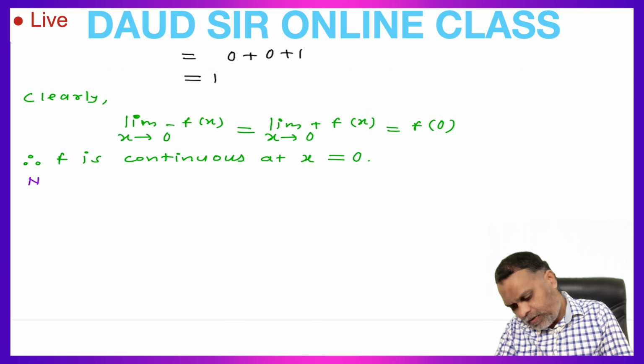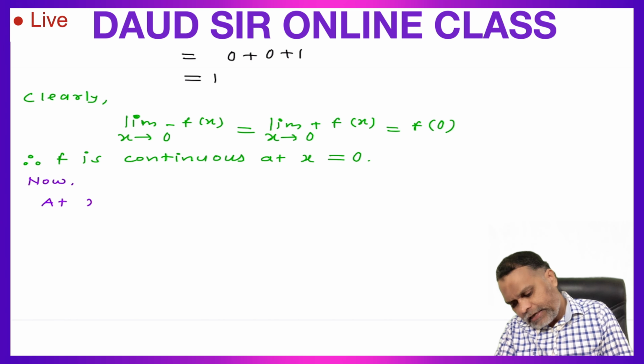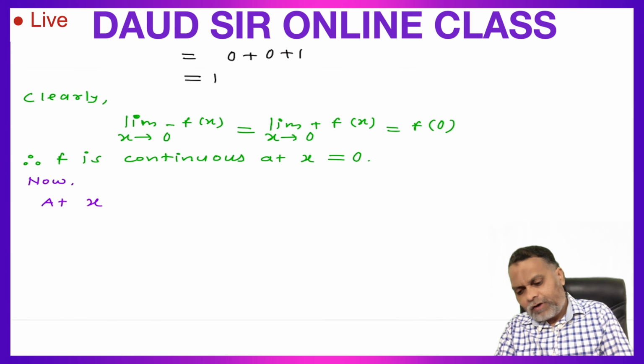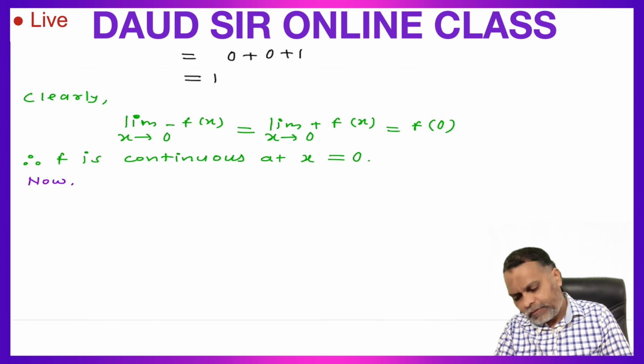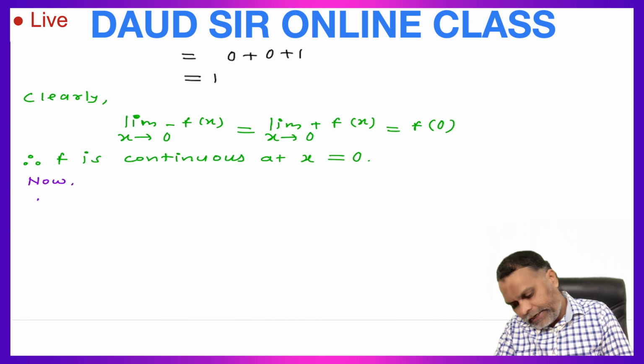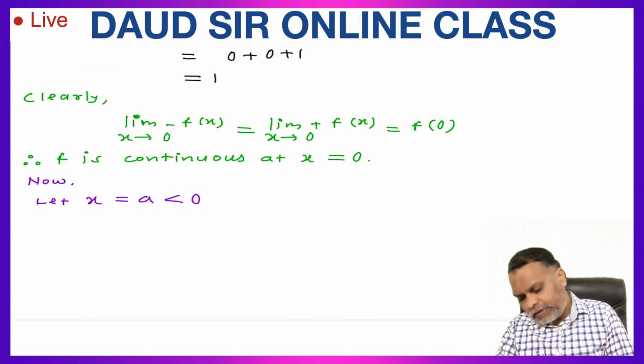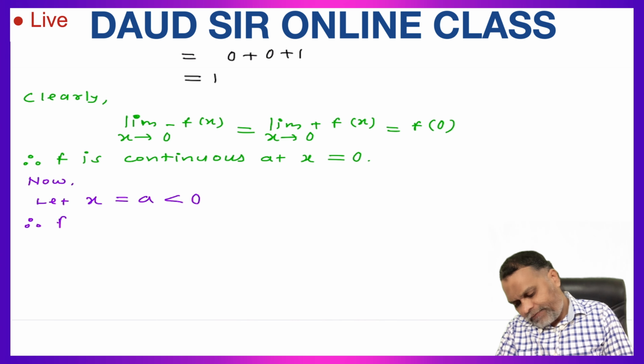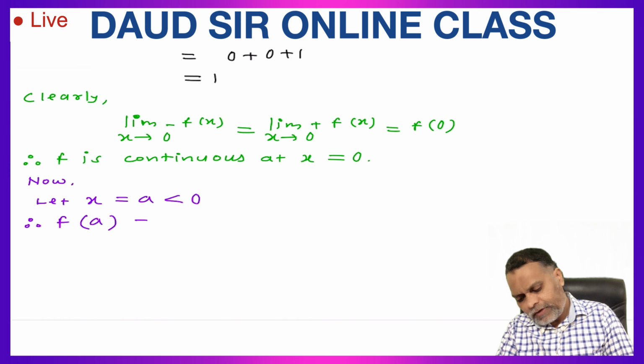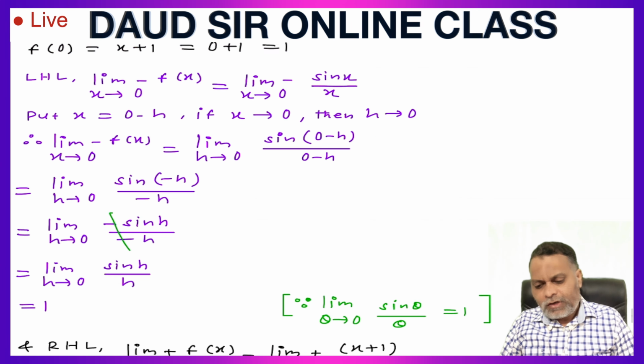Now at x, let x is equal to a and a is less than 0. So therefore the value of function at a, where a is less than 0, f of a is equal to